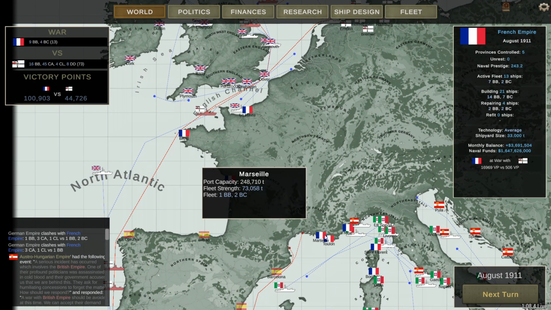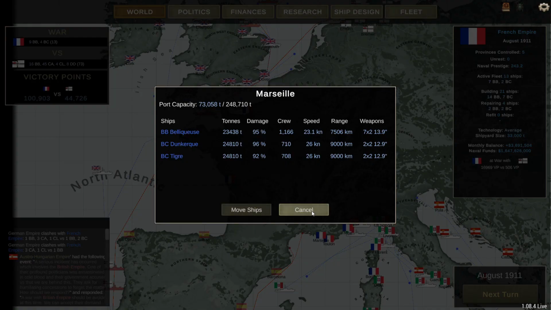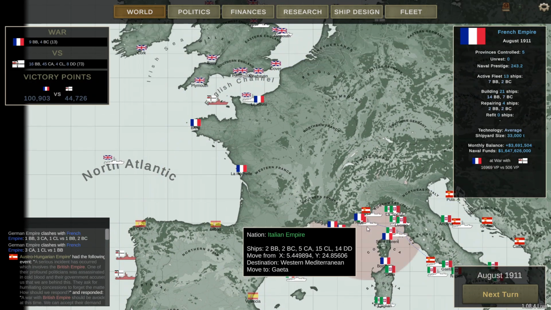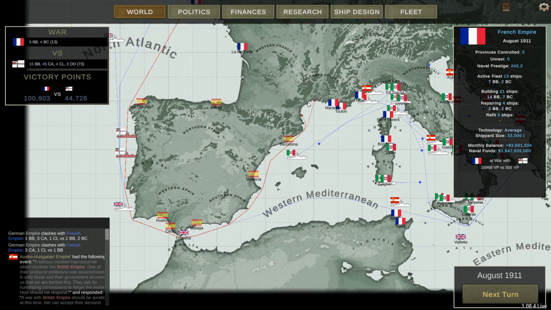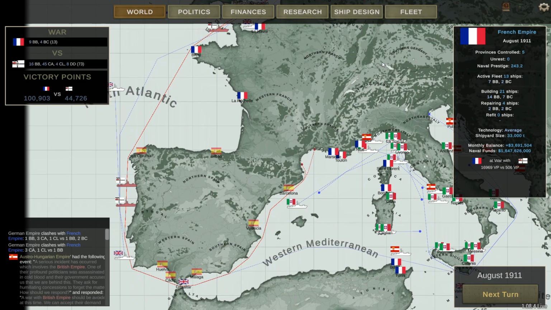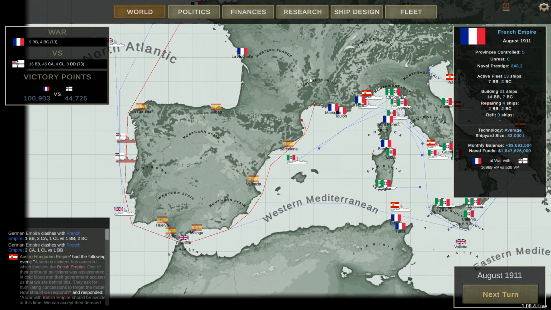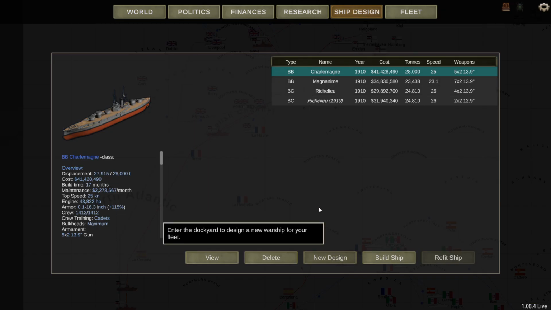Right, why have I got ships here? Did they just get intercepted or something? Why are they here? So, as I was moving them up to Brest, they got intercepted and then returned to Marseille. That's really annoying. Okay, fair enough. Well, let's check the ship designer to see if